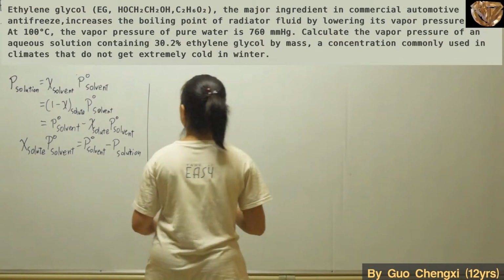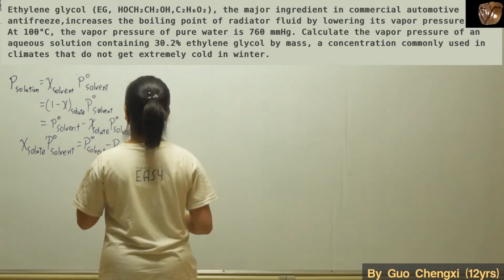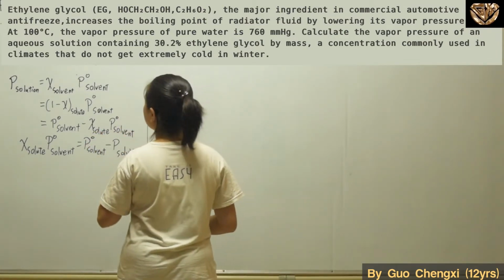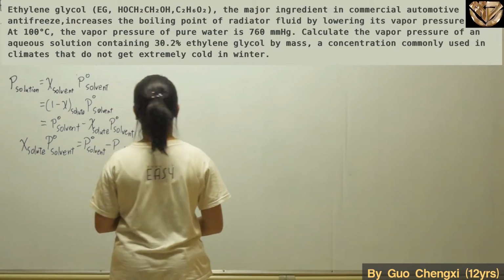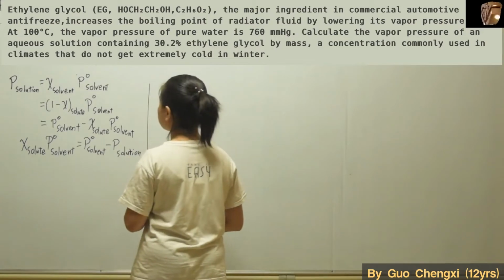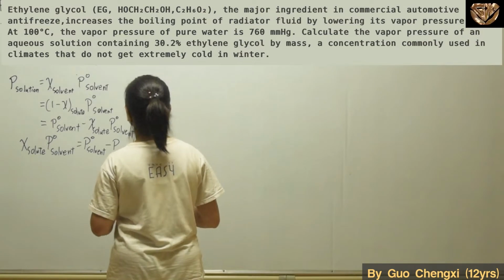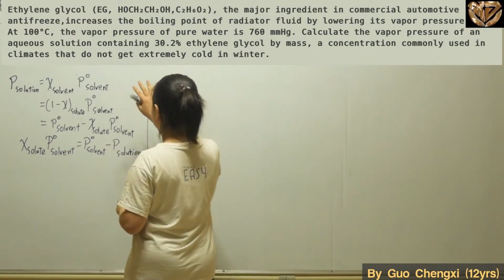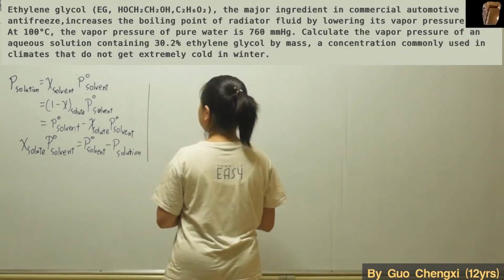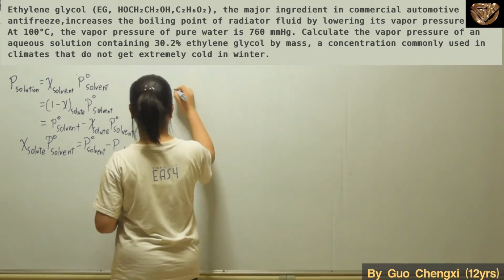So now that we have explained that, we're going to take a look at this question. As you can see here, we have the first phrase already, ethylene glycol, short form EG, and these two are its chemical functions. So ethylene glycol, if you draw the structure, it will be like